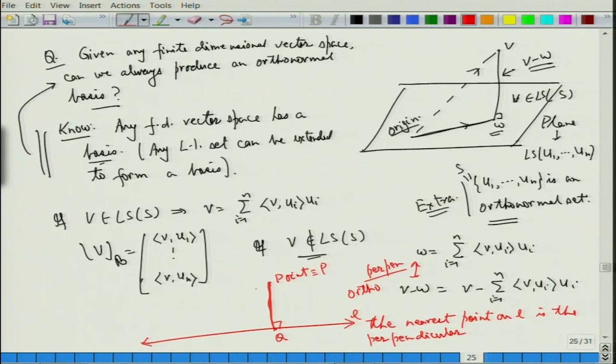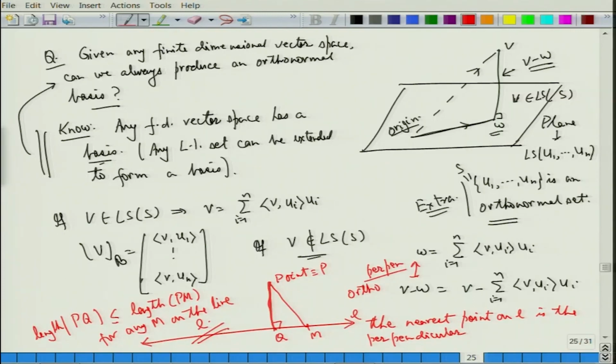So this distance PQ, the length of this, is less than or equal to, take any point M, then this length is less than or equal to the length of PM for any M on the line L. So what we are saying is that the nearest point to P on this line is nothing but the orthogonal one. Similarly here, if I take any other point M,